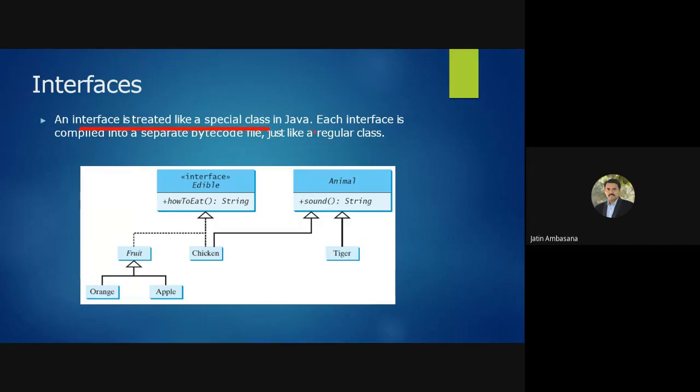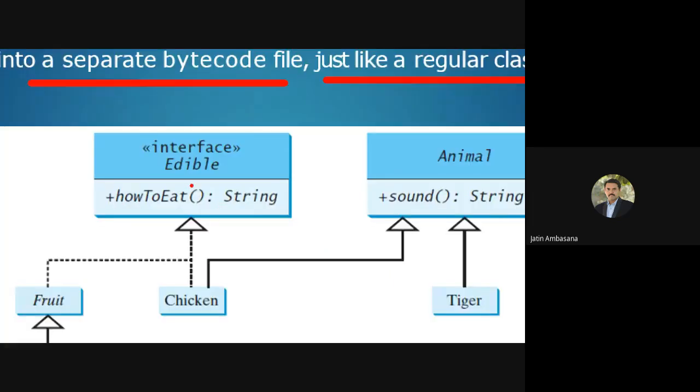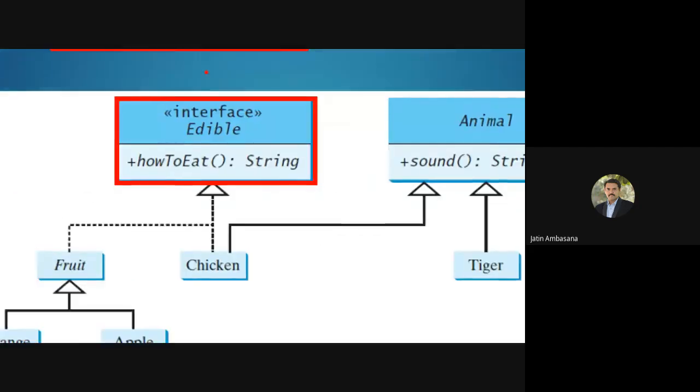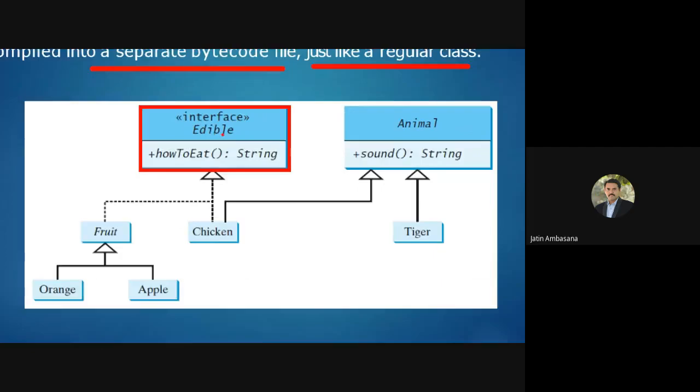Okay. And each interface is compiled into a separate bytecode file, like a regular class. Okay. So see, if you make this interface file, then it will generate an interface class. Now what you can do is you can inherit from this interface class.